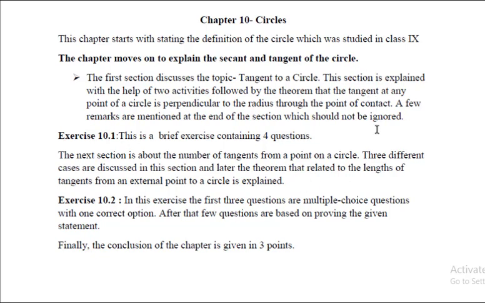Basically this is a very small chapter, but it is a part of geometry, right? You might get a question from this chapter in board examinations. If you go through the pro forma given by the government, they are mentioning 15 marks for geometry only. So to get those 15 marks you have to choose whether to practice this chapter or not. If you opt for this chapter, there are only 2 exercises you need to practice. If you practice these 2 exercises, definitely you will score some marks from the geometry part, okay students?